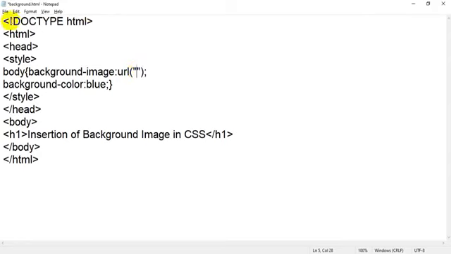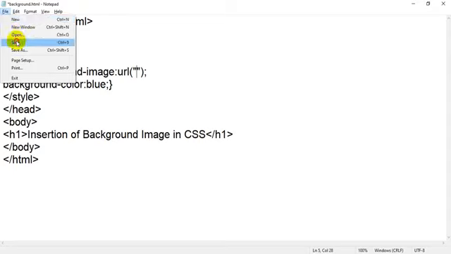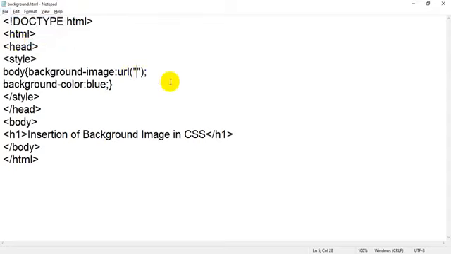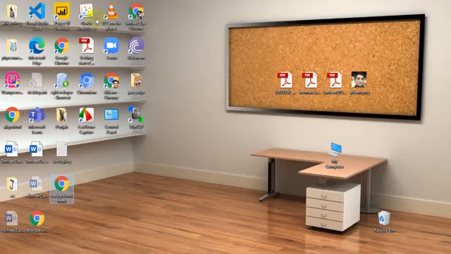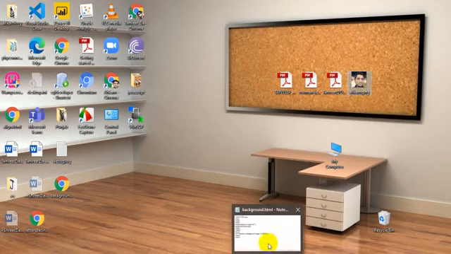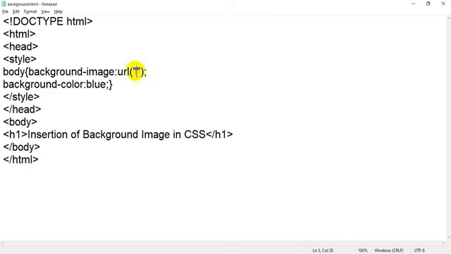So I just want to show you. For example, I just want to add an image. See, my file is on the desktop. My file, that is background.html, is on the desktop, and I want to insert this image. For example, this is acom.png. This image I want to add, so I can add it directly. I will just go inside the URL and type